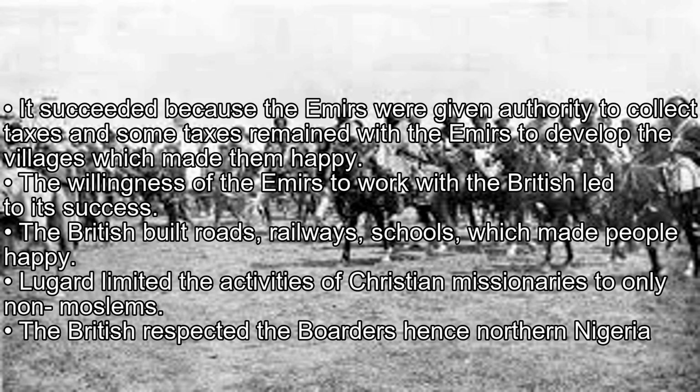West African history. Indirect rule used by the British. It succeeded because the emirs were given authority to collect taxes, and some taxes remained with the emirs to develop the villages, which made them happy. The willingness of the emirs to work with the British led to its success. The British built roads, railways, schools, which made people happy. Lugard limited the activities of Christian missionaries to only non-Muslims. The British respected the borders, hence northern Nigeria